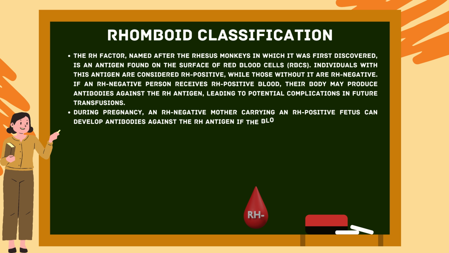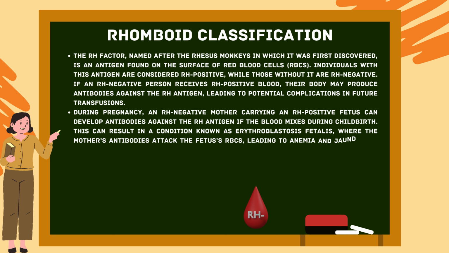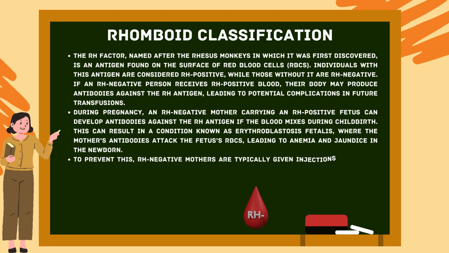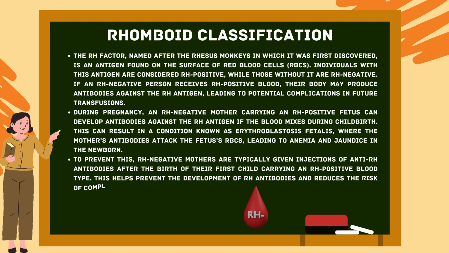During pregnancy, an Rh negative mother carrying an Rh positive fetus can develop antibodies against the Rh antigen if the blood mixes during childbirth. This can result in a condition known as erythroblastosis fetalis, where the mother's antibodies attack the fetus's RBCs, leading to anemia and jaundice in the newborn. To prevent this, Rh-negative mothers are typically given injections of anti-Rh antibodies after the birth of their first child carrying Rh-positive blood. This helps prevent the development of Rh antibodies and reduces the risk of complications in subsequent